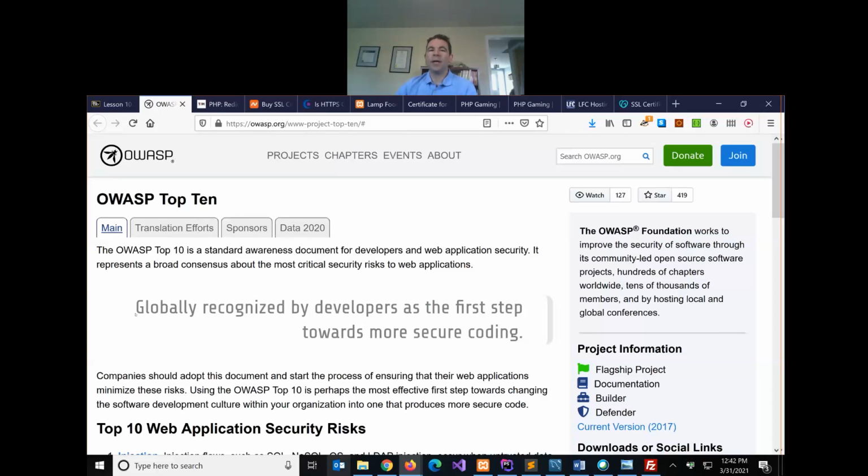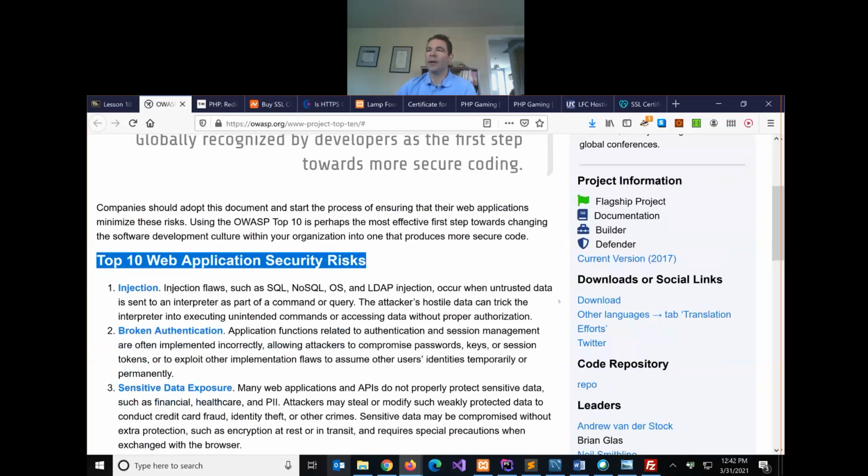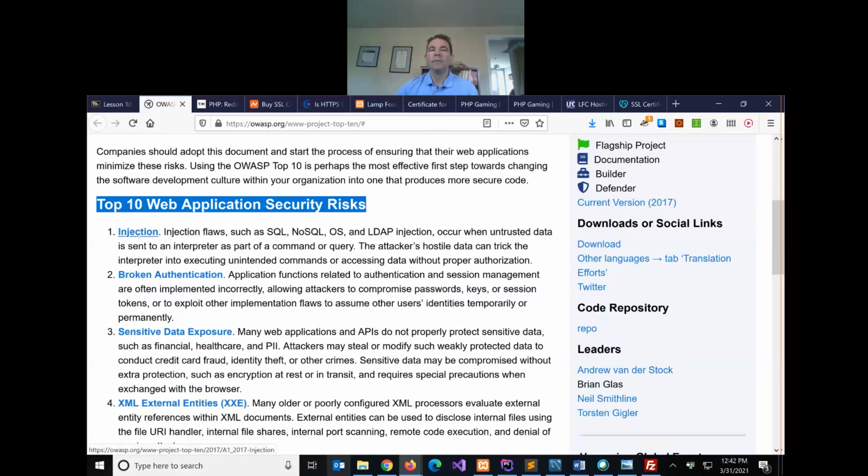So this project, every few years, this group of developers, a not-for-profit project, publishes the top 10 most common web application security risks. Obviously, we don't have to be security experts, but this affects what we do. So the number one vulnerability is SQL injection. And we've already talked about that